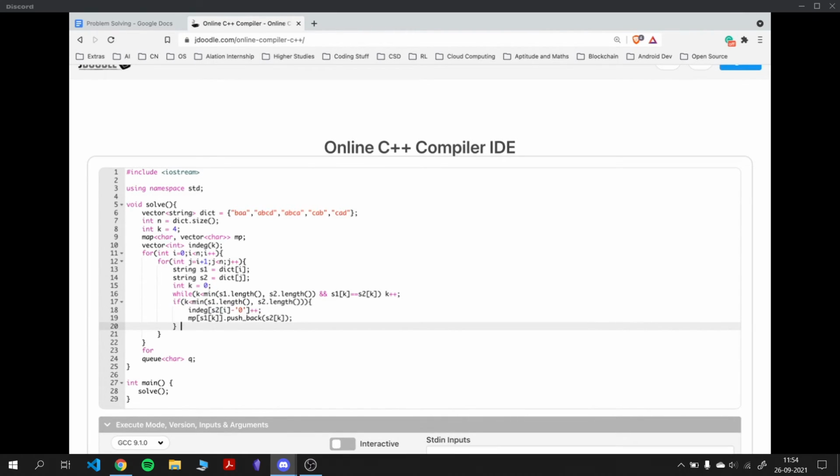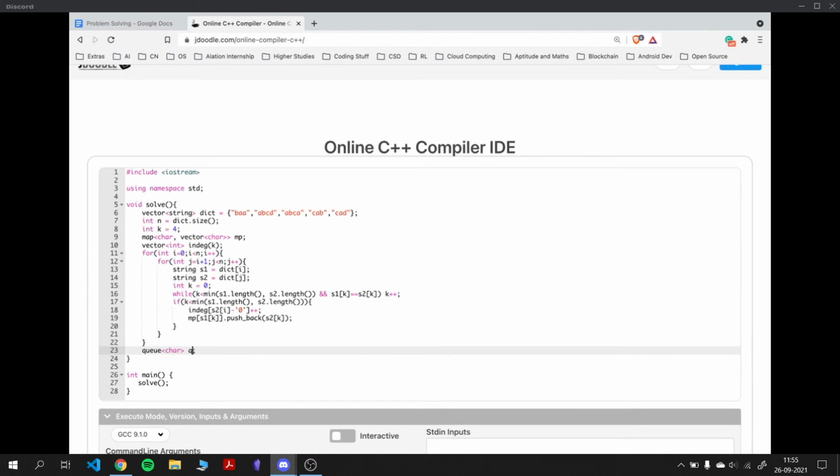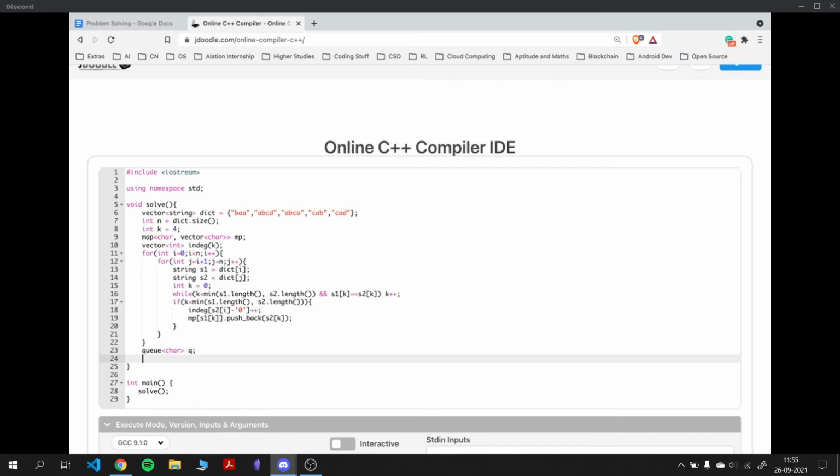Now we just have a simple queue of characters, and then we iterate over these characters. Yeah, in line number 18, are we writing s2 of i or shouldn't it be s2 of k? Yes, sorry, s2 of k. Thanks for correcting that. Now we go here and iterate over all the characters that we